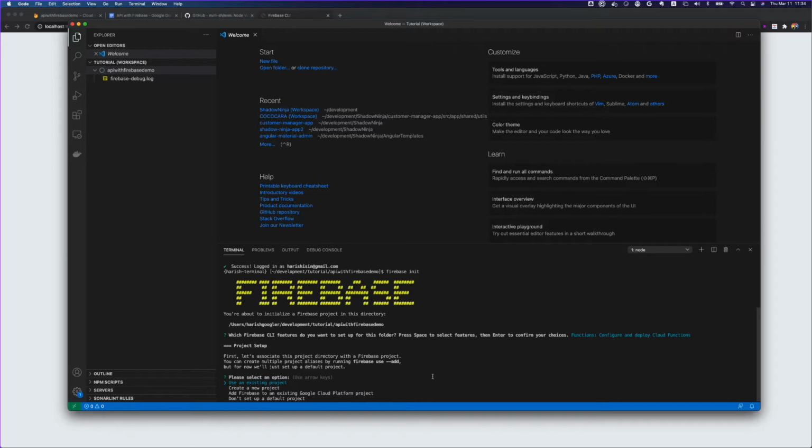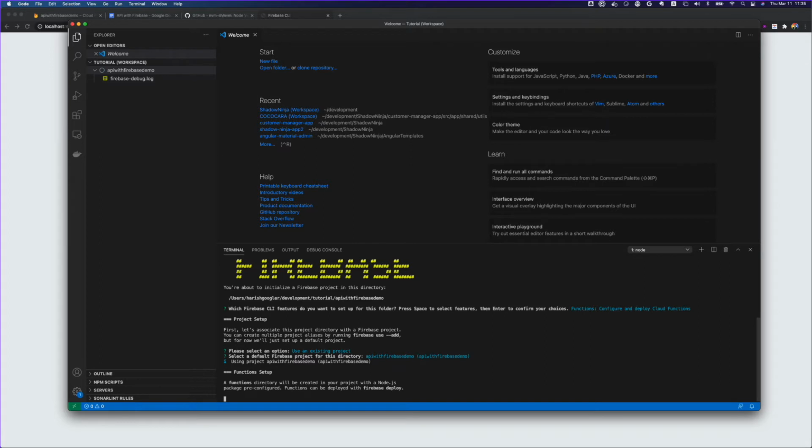So I'm going to select use an existing project, press enter. It's going to show me all the projects in my account. Right now I have only one project, which is API with Firebase demo. If not, there will be a bunch of options and you can select from there. So now let's select the Firebase API demo.